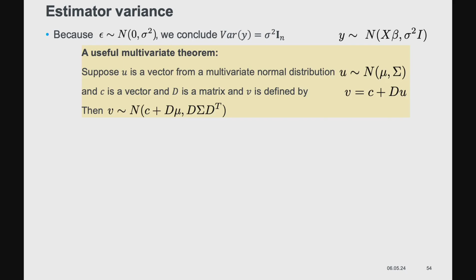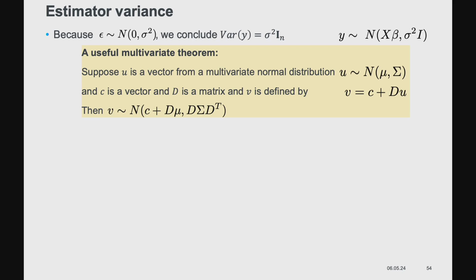And we use this multivariate theorem: if we have a vector C from a multivariate normal distribution, with a mean mu and a covariance matrix sigma, and D is a matrix and V is defined such that V is C plus the matrix times this vector, then our V is sampled from the normal distribution around this point,